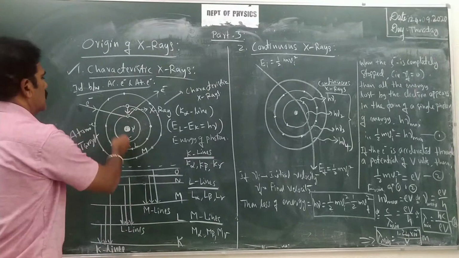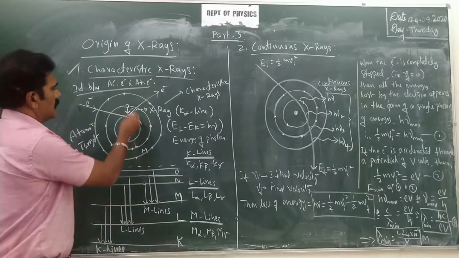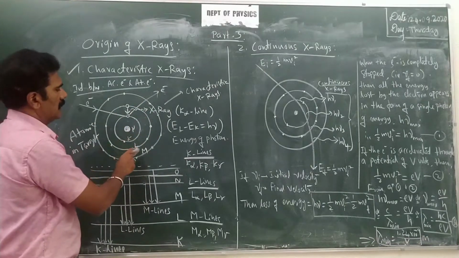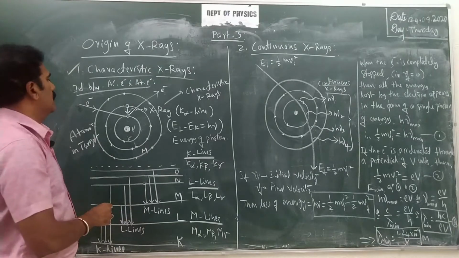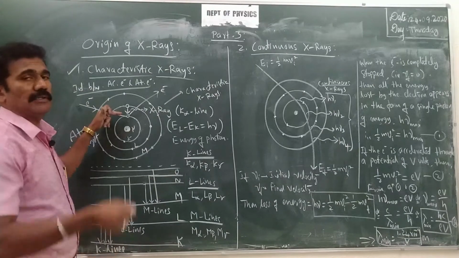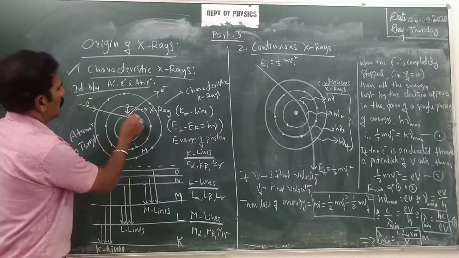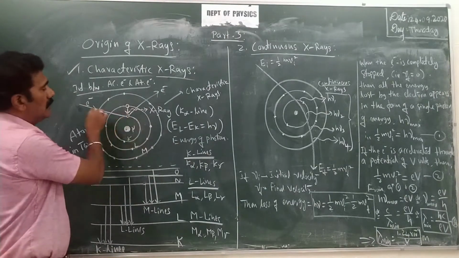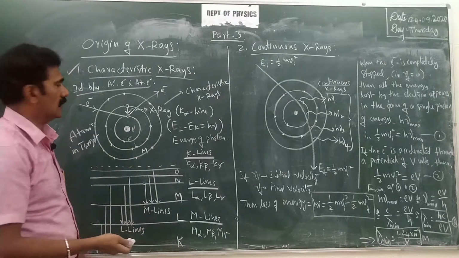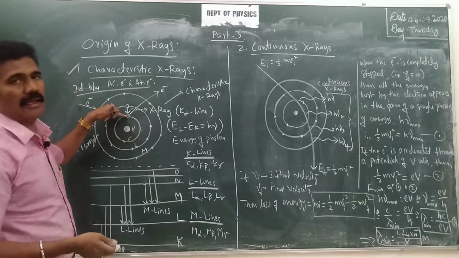Now let us consider this atomic structure consisting of various shells, like this is the particular shell called K, then L shell, then M shell, K shell, L shell, M shell, etc. Now you have to see which particular electron the incident accelerated electron is going to interact with. In this diagram it is interacting with an electron in the K shell. How it is interacting: the accelerated electron is going to transfer its energy to the electron present in the atom.